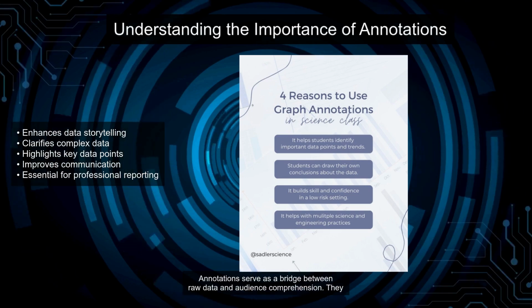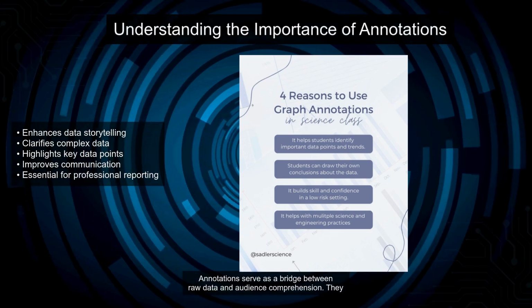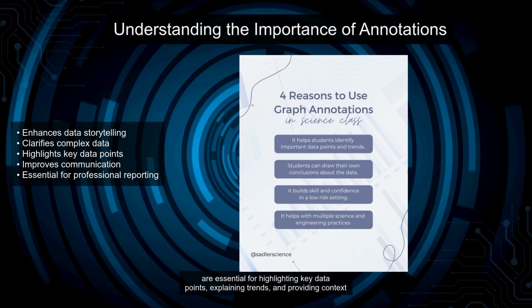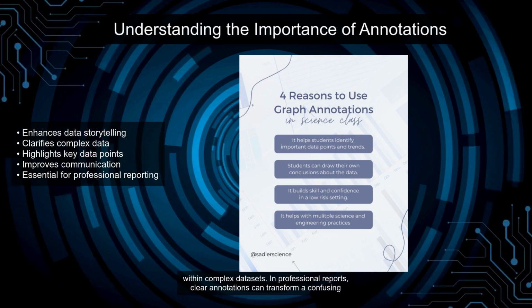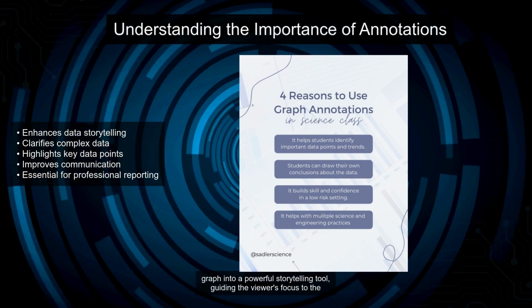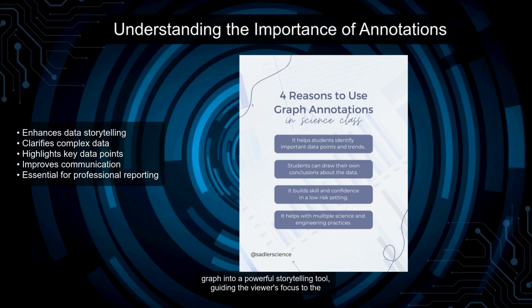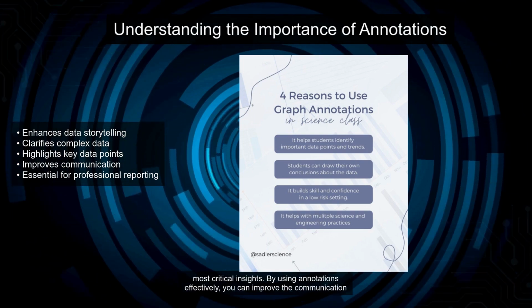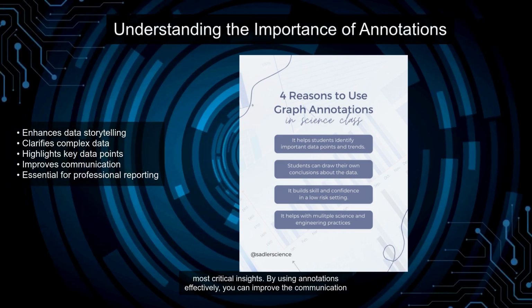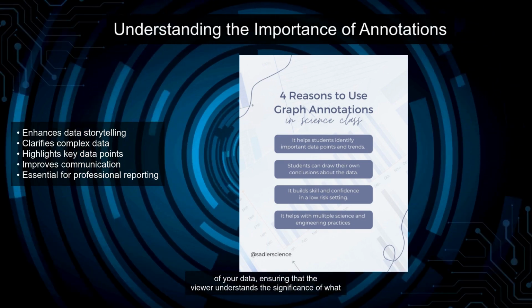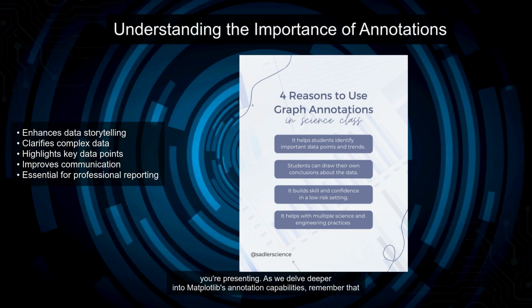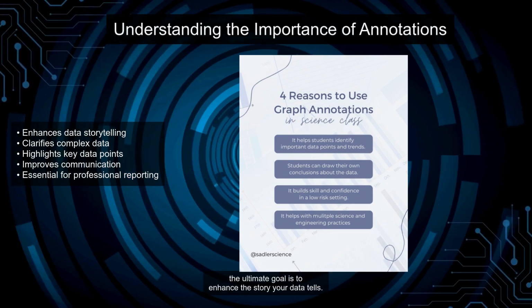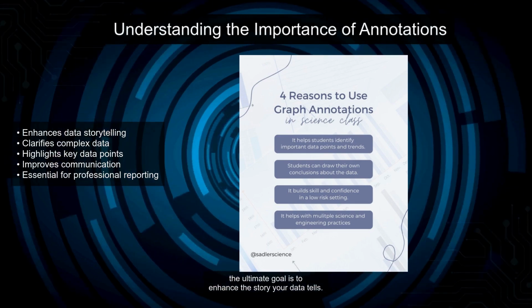Annotations serve as a bridge between raw data and audience comprehension. They are essential for highlighting key data points, explaining trends, and providing context within complex datasets. In professional reports, clear annotations can transform a confusing graph into a powerful storytelling tool, guiding the viewer's focus to the most critical insights. By using annotations effectively, you can improve the communication of your data, ensuring that the viewer understands the significance of what you're presenting. As we delve deeper into Matplotlib's annotation capabilities, remember that the ultimate goal is to enhance the story your data